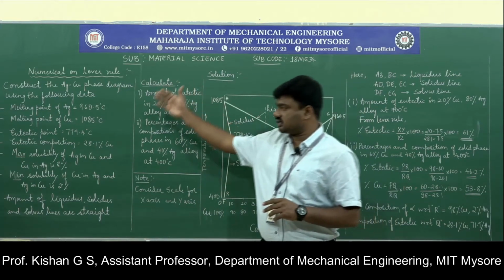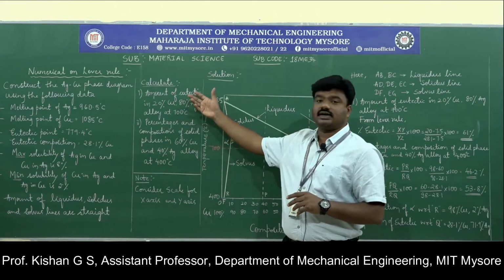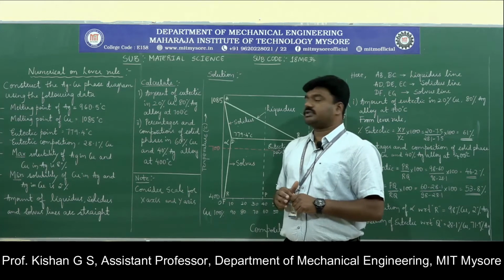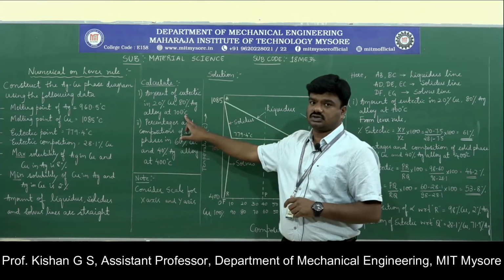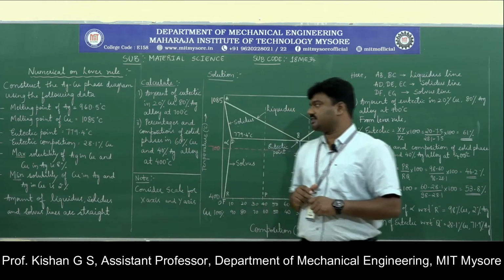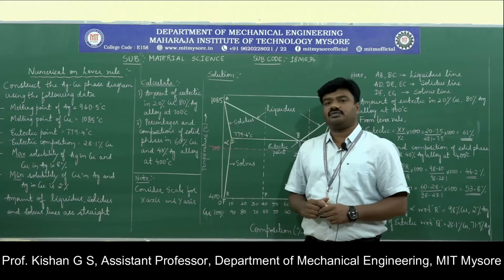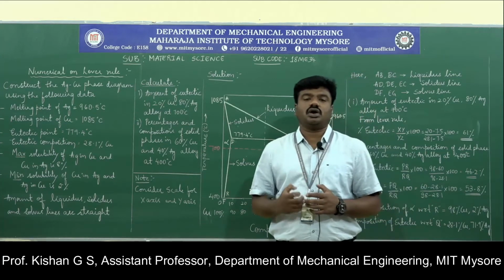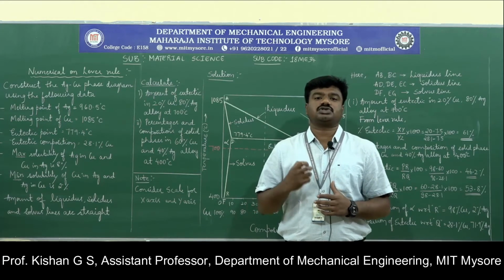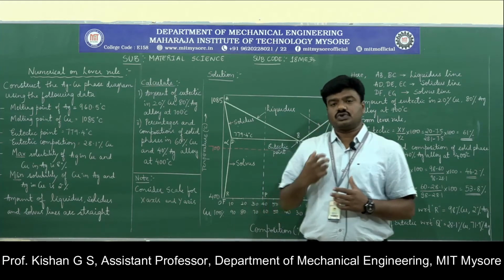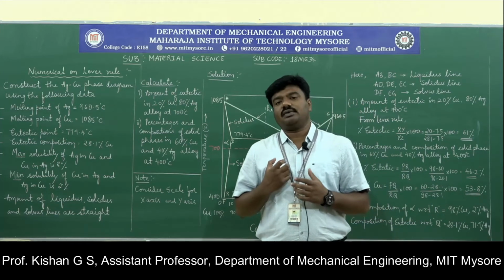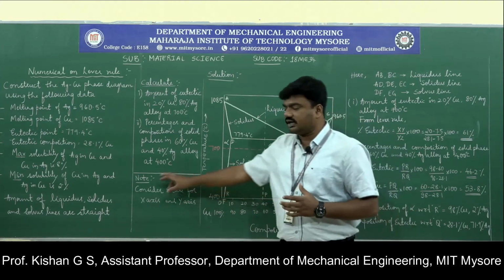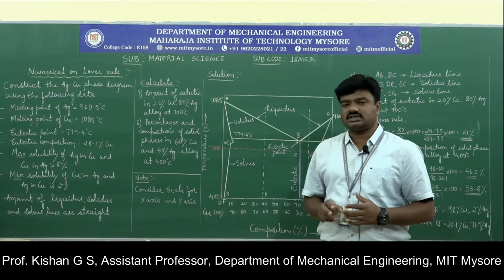Once this construction part is done, we are supposed to calculate two parameters. Point number one: the amount of eutectic in 20% copper, 80% silver at 700 degrees Celsius, followed by the percentages and composition of solid phases in a 60% copper and 40% silver alloy at 400 degrees Celsius. Here it is the complete construction of temperature versus composition to identify the different parameters. Whenever we get these types of numericals, we have to be very conscious in selecting the axis parameters with the scale. So I have given a note here to consider the scale for the x-axis and y-axis.